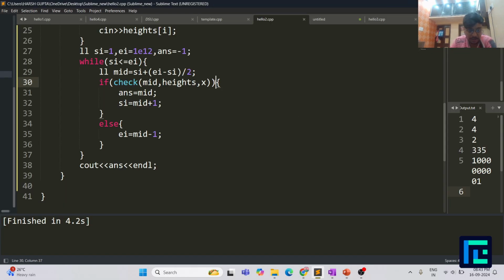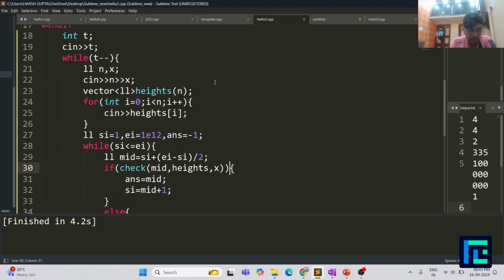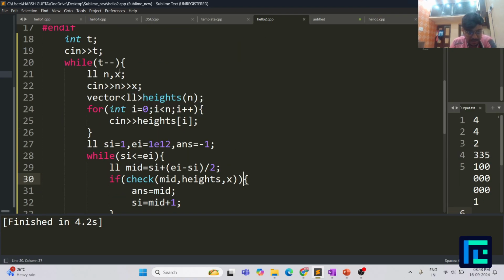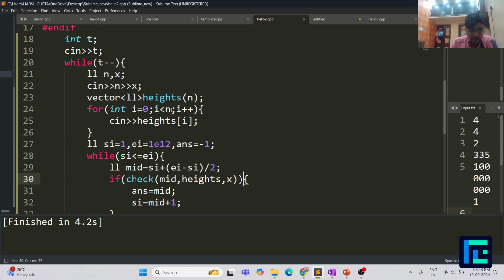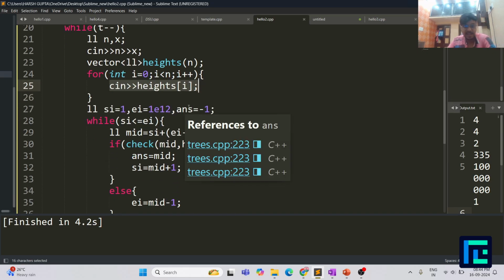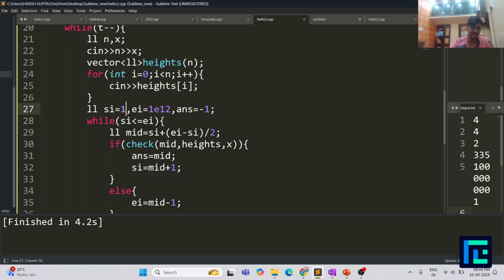So this is the code to this problem. First of all, I took the number of test cases as input, then I took the value of n, that is the number of coders, and x, that is the maximum allowed units of water. Then I constructed this heights array and took input in that. Then I initialized my search space, the starting index with 1 and the ending index to 1e12, that is some maximum value. So this tells me that my height can be as minimum as 1 and as maximum as 1e12. And I initialize my answer variable to minus 1, it does not matter, we will modify this answer